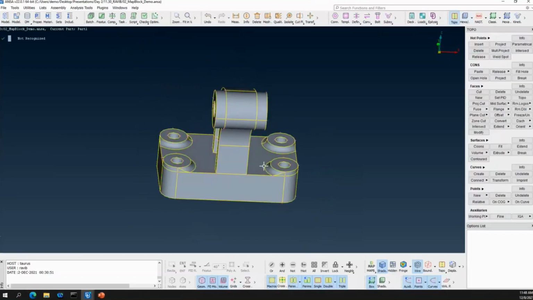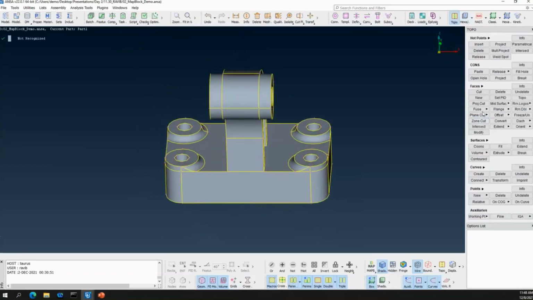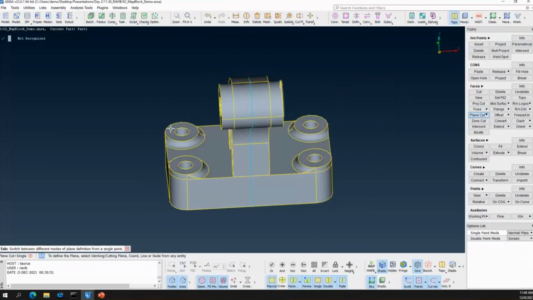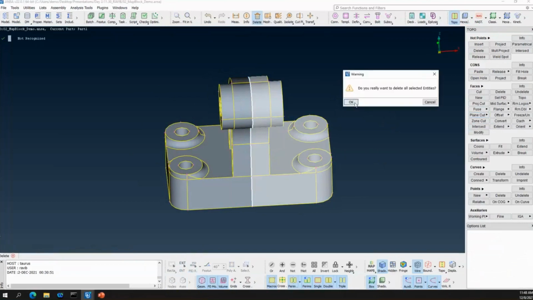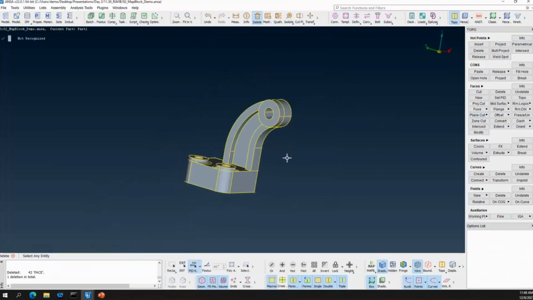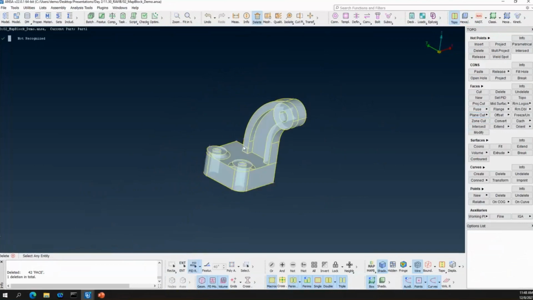So I'll start by using the plane cut option from my topo mesh module. Select the component and divide this component into two. The next step is to get rid of half of the component.